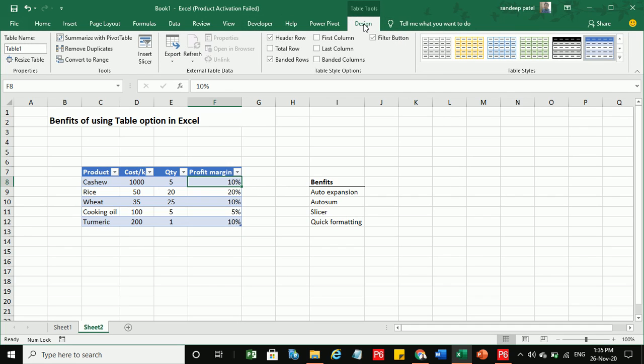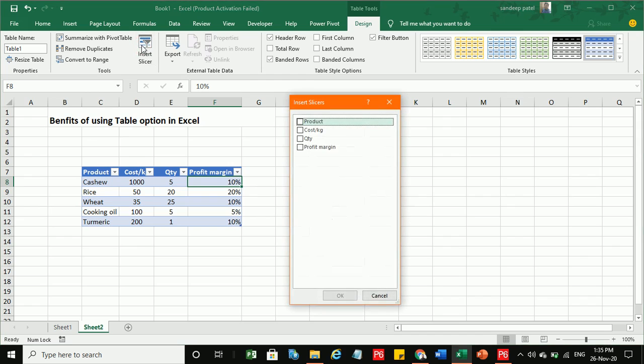I'll go to the Design option once again, click on Insert Slicer, and I need a slicer for profit margin. You can also choose other column headers. Click on OK,